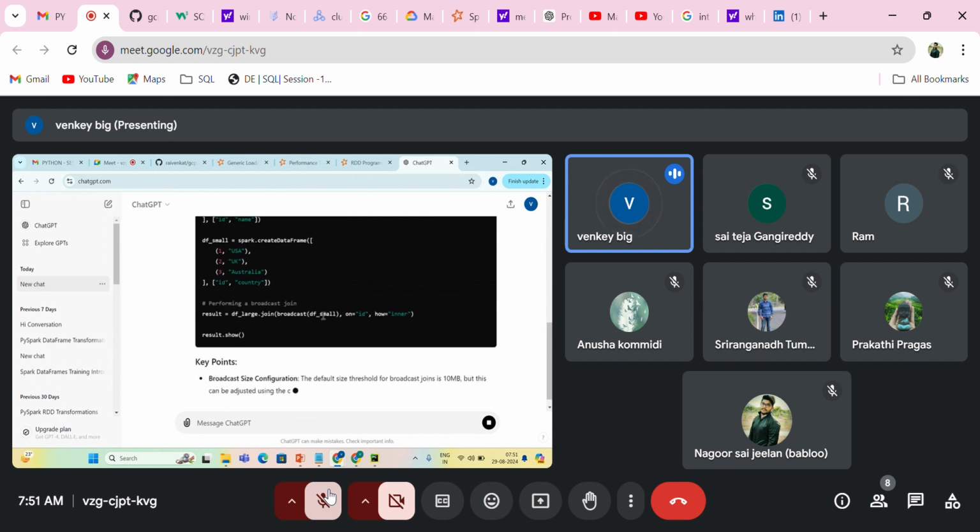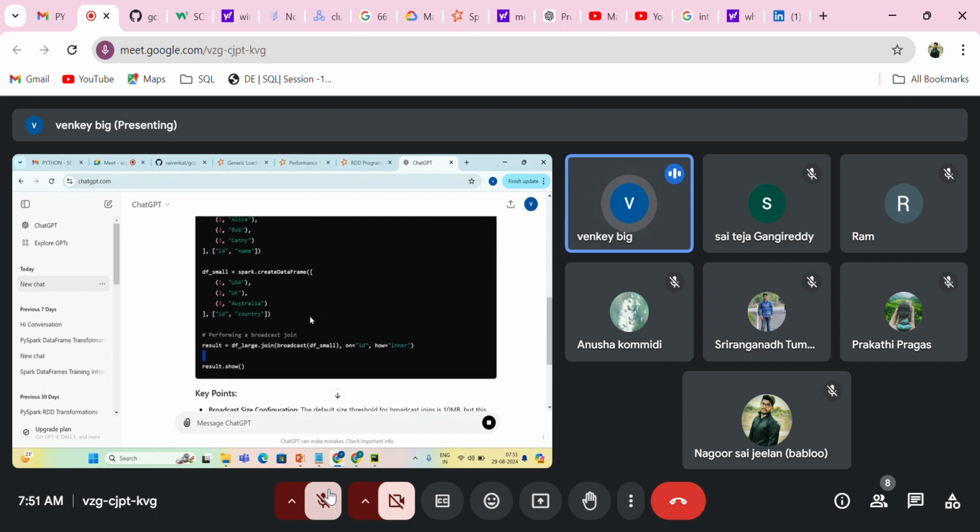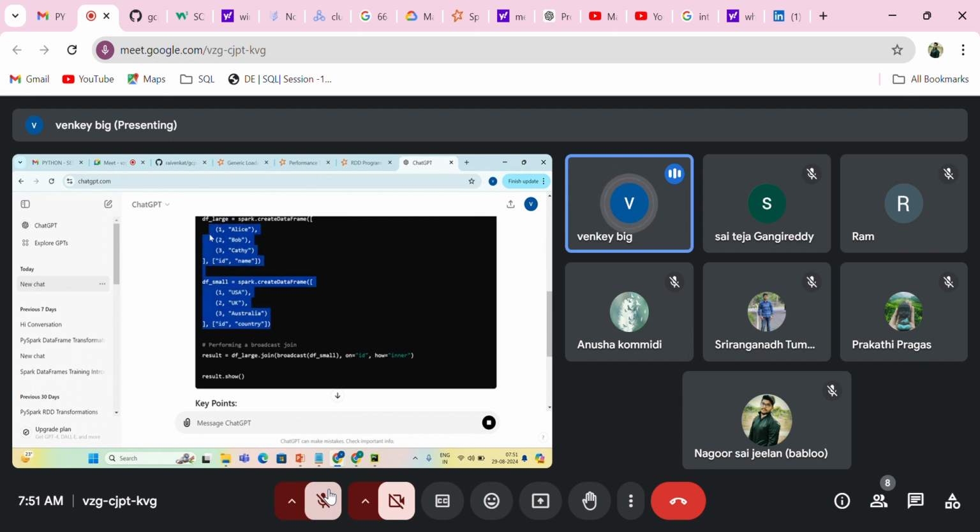See here, this is very simple syntax that you don't need to do much. So you have data frames, and you have the broadcast function, so you just need to use broadcast of a small data frame: a big data frame dot join of broadcast of small data frame, that's it. So this small data frame will be sent to all the executors' RAM, in memory, and then it will be treated as cached data. Then it will be joined automatically